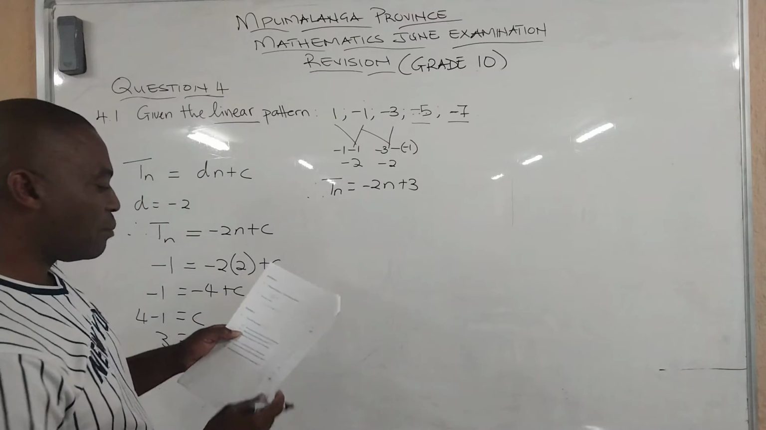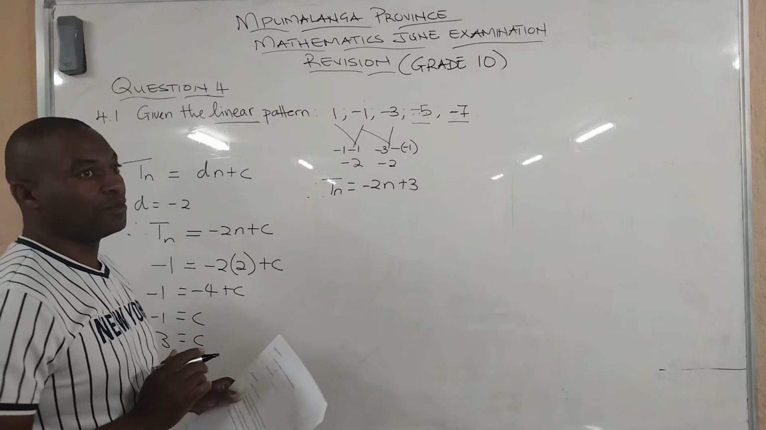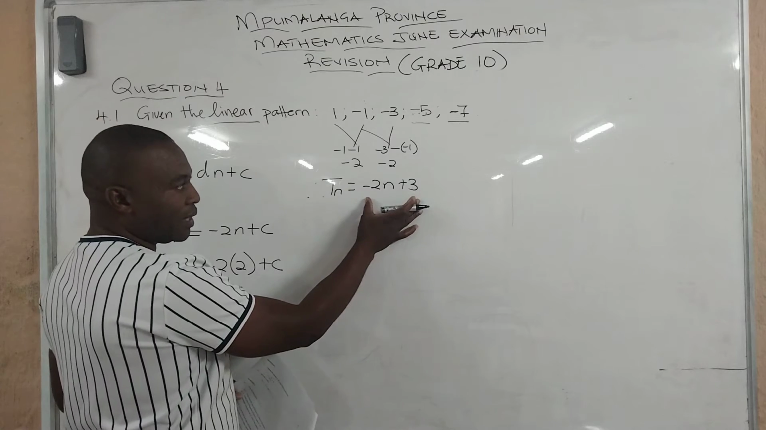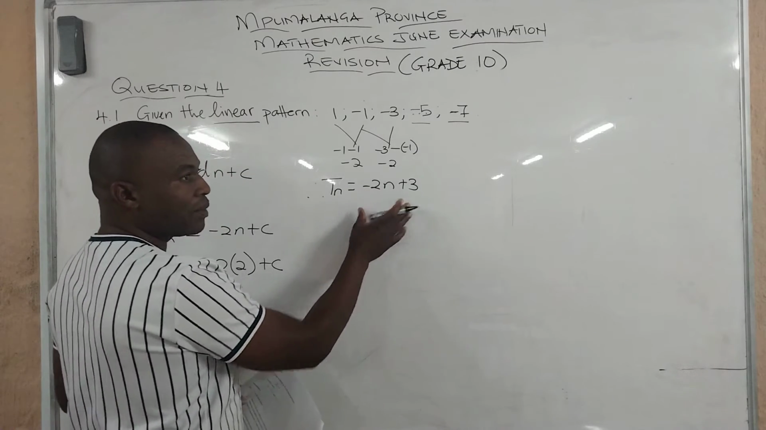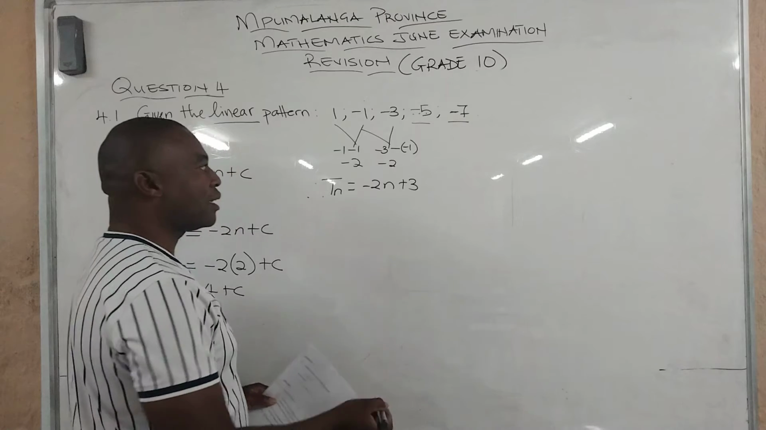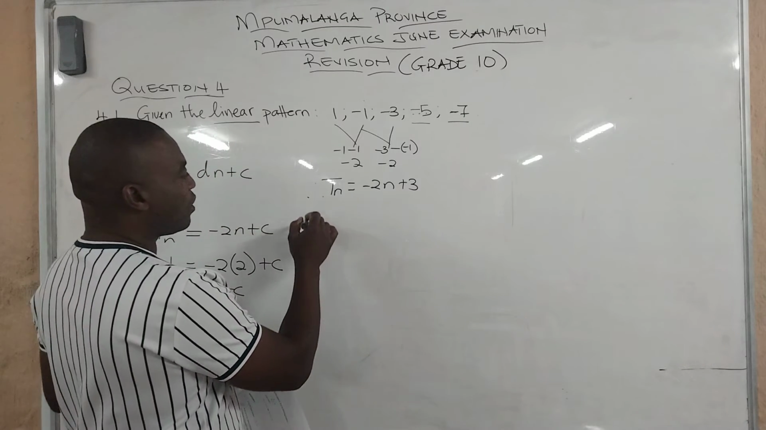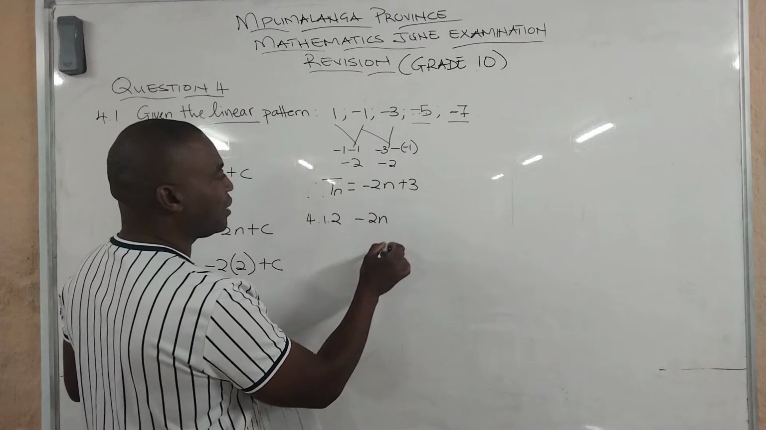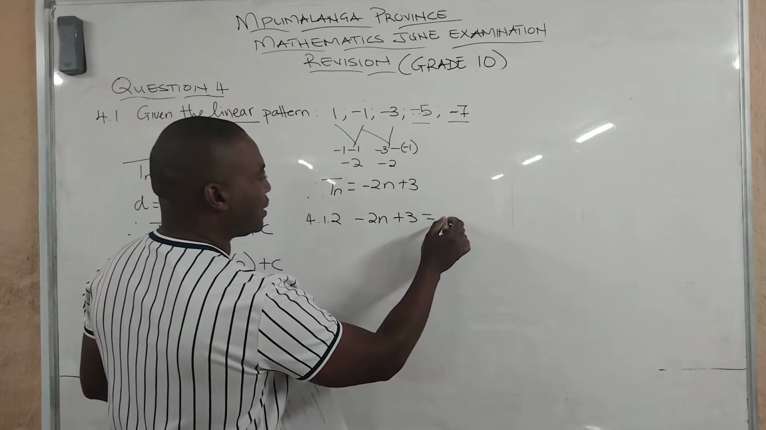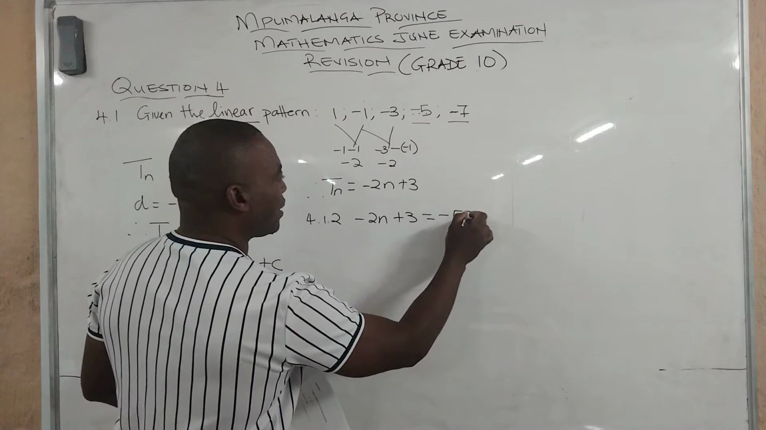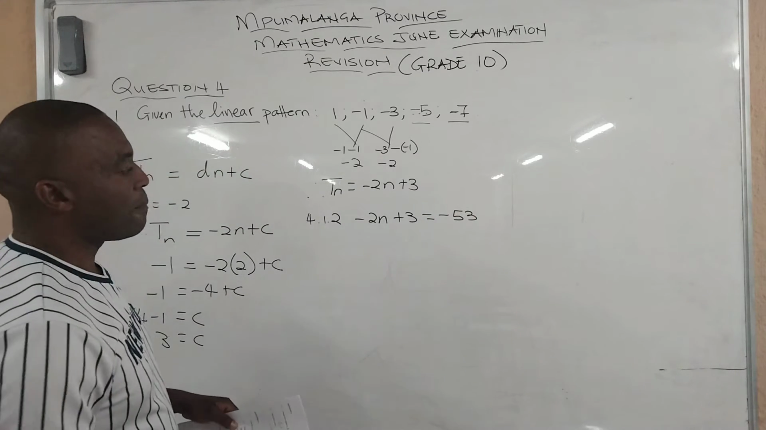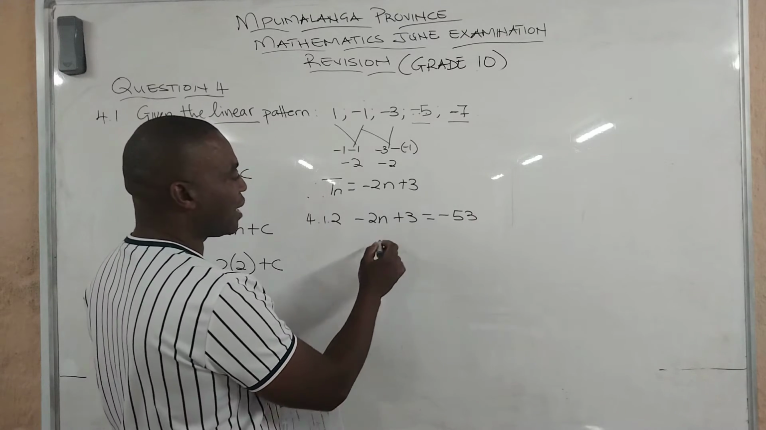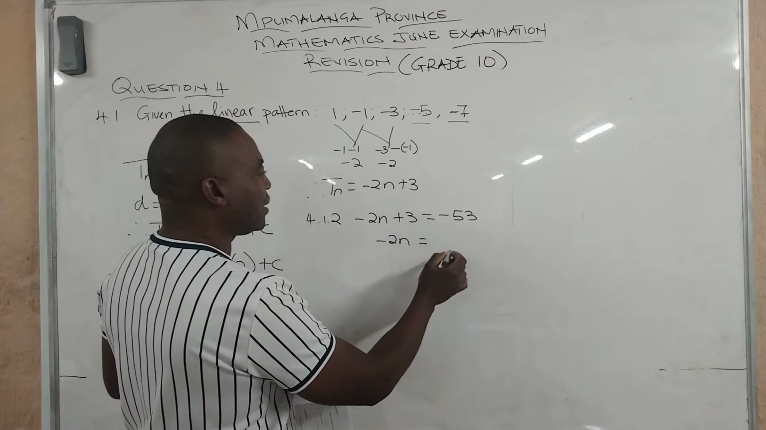4.1.2, which term of the pattern will have a value of -53? Alright, then it's now about taking the general term, equating it to the term we are given, and solving for n. So on 4.1.2, we are saying -2n plus 3 is equal to -53. And this brings a linear equation. We have to take 3 to the right side, that is -2n is equal to